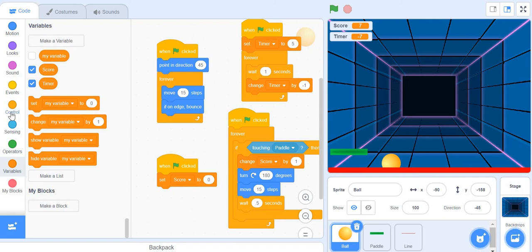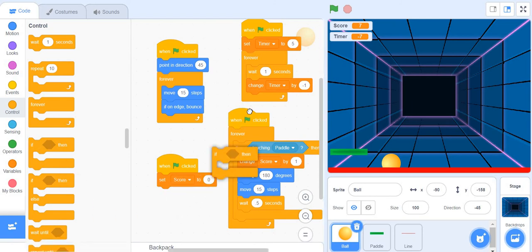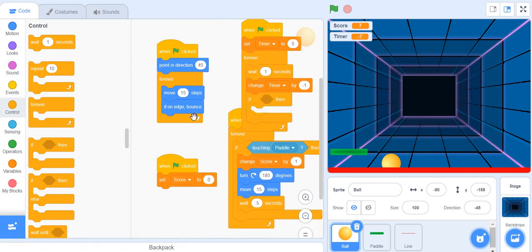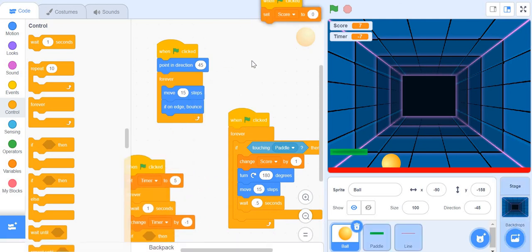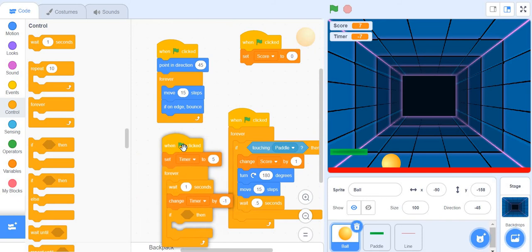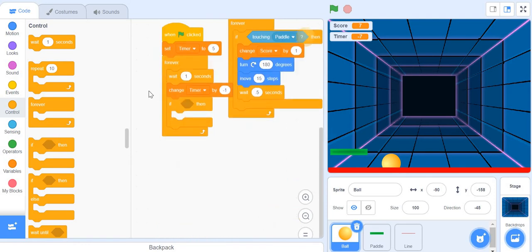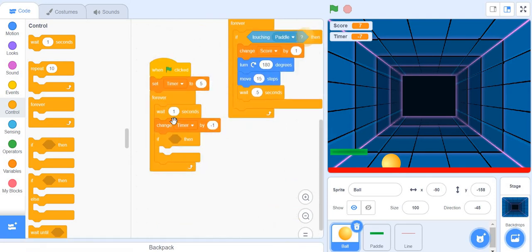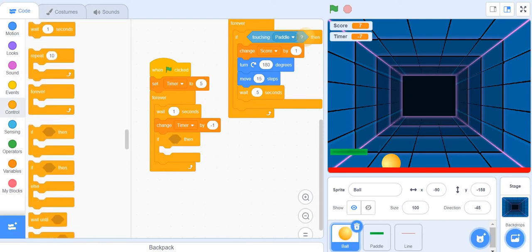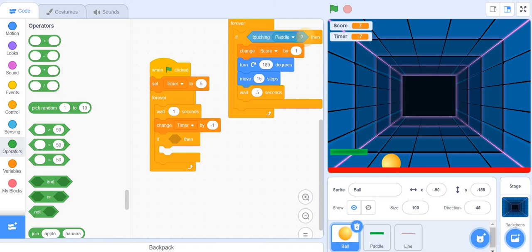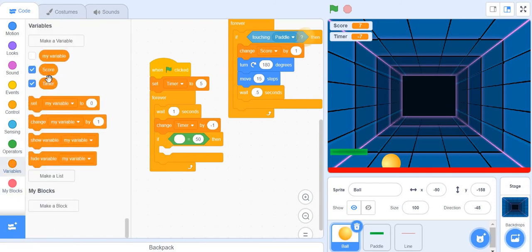We can do that by putting an if block in the forever loop itself. So we say, let's just move that down a little bit so that it doesn't get cluttered. Yes, so we put an if block in the forever loop, and here in the small space to cover it up, let's put an operator. So an operator is basically a math operation, as I told you. So we say if timer, in the variable set of code, we have this block timer. So when we say if timer equals 0, then